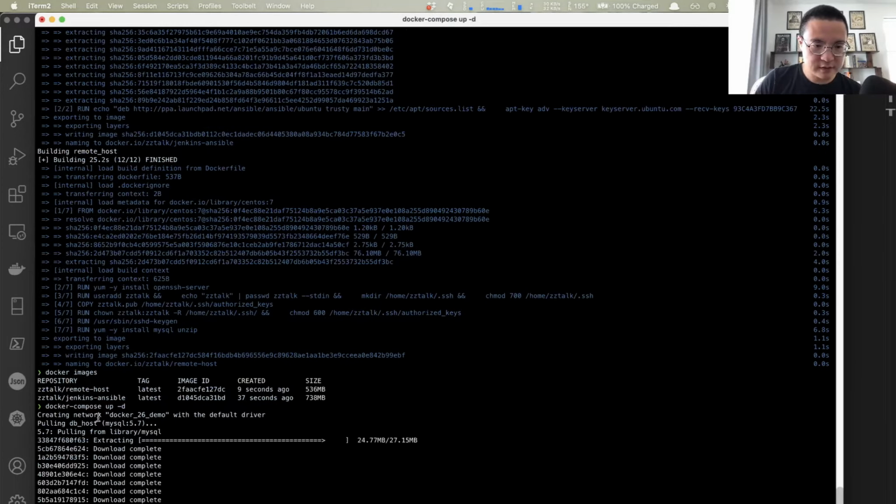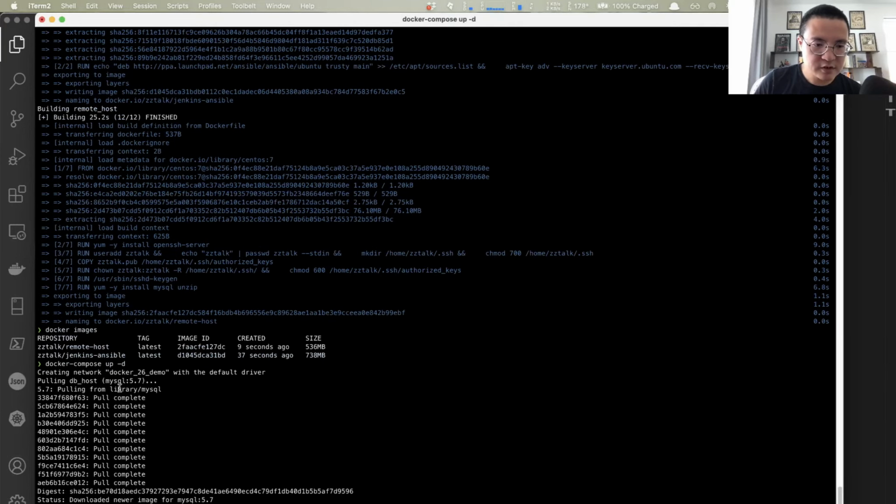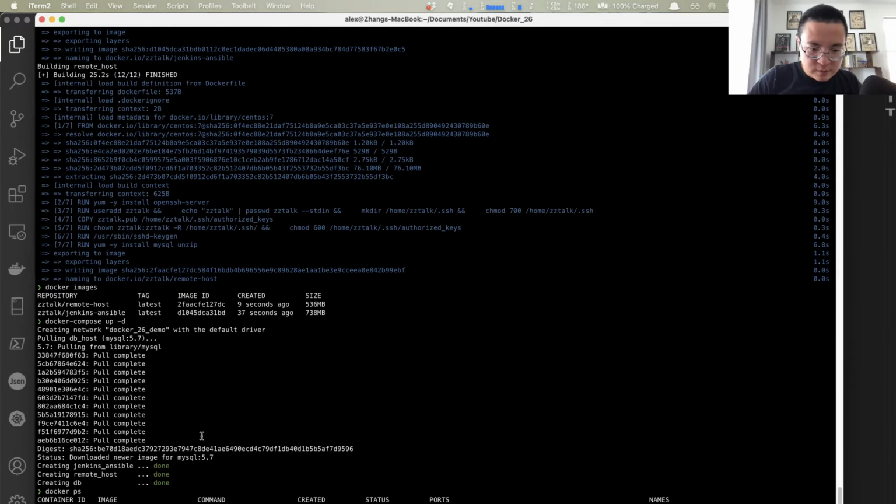All right, and you can see it's downloading the MySQL image from Docker Hub, and then creating the images, like the 3 services right here. All done, so we should be good. If we issue docker ps, we should be able to see 3 containers up and running right here. One is the SQL Server, one is the remote host, and the other is the Jenkins Ansible